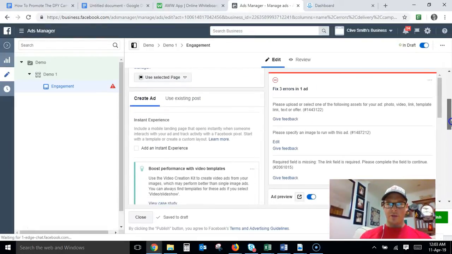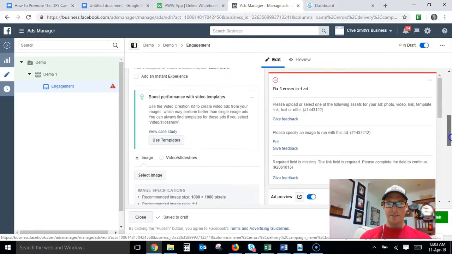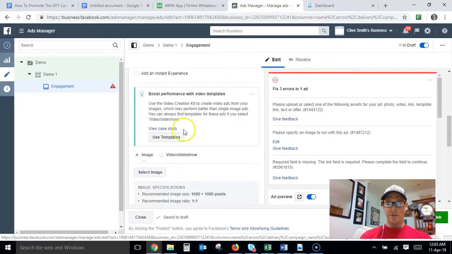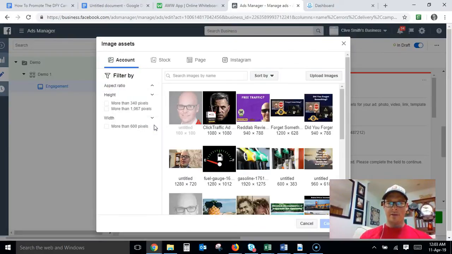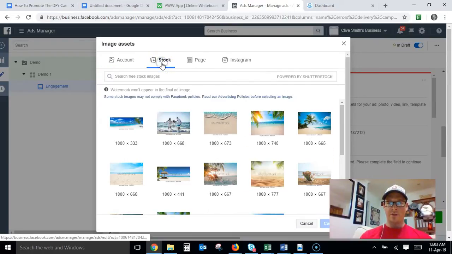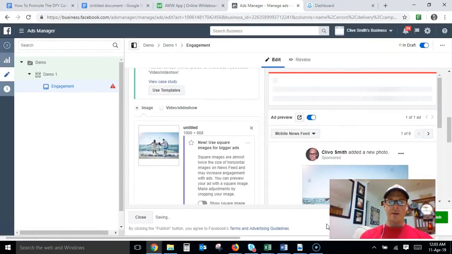From here, you can use one of their templates, and you can also view a case study. You can use an image, or you can use a video. For this, I'm just going to use an image, and I'm going to use one of the stock images here, and this is really just for the example of the ad. Now, what I recommend you do is